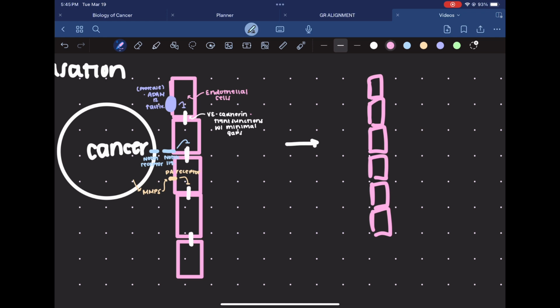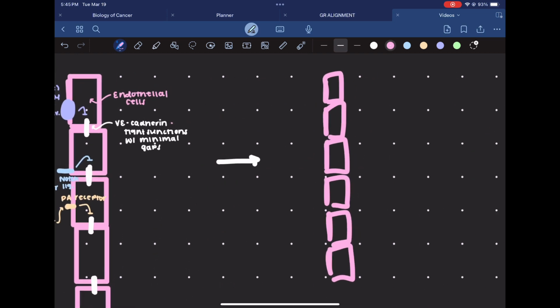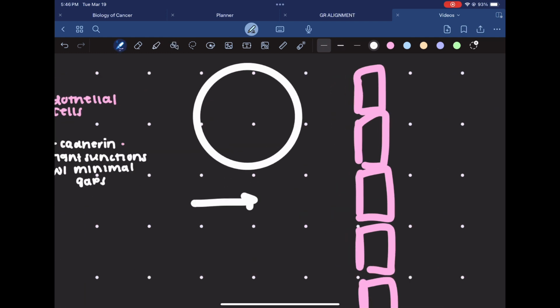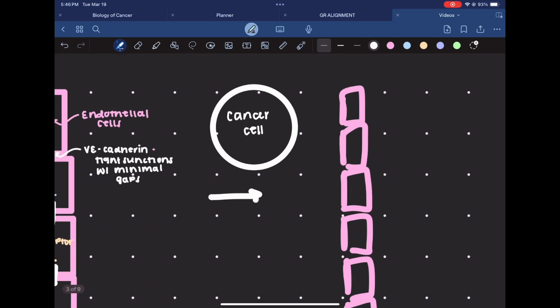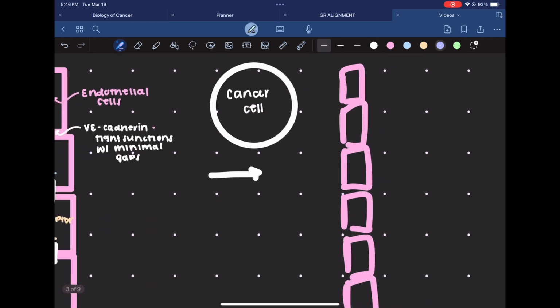So the next step in this process is going to be the secretion of a couple different factors by two different cells. So let me draw my cancer cell up here. And then down below, I'll draw,